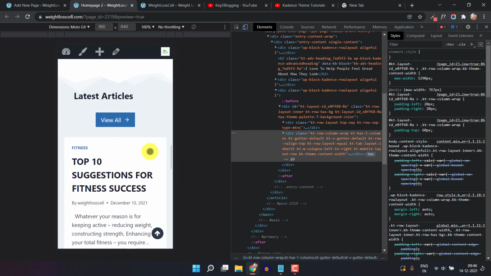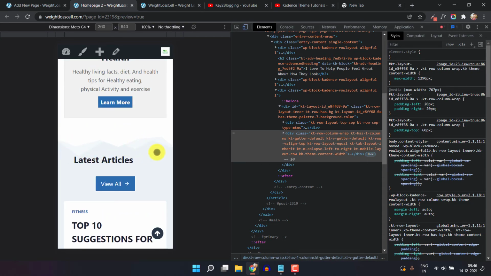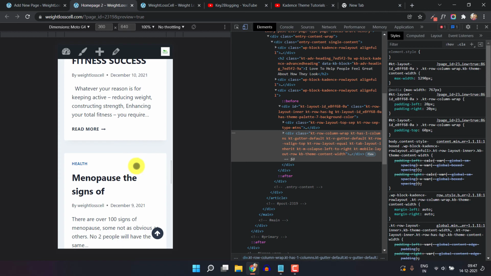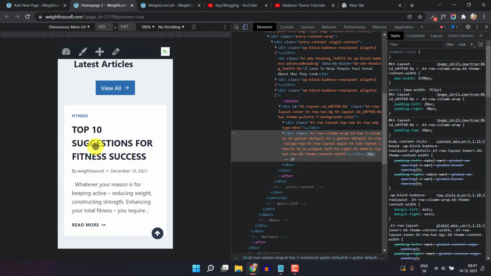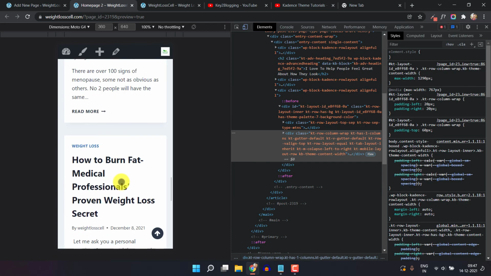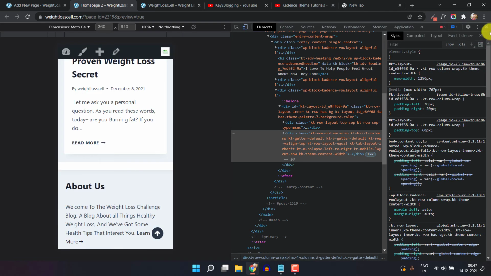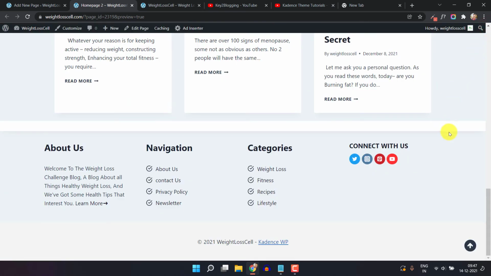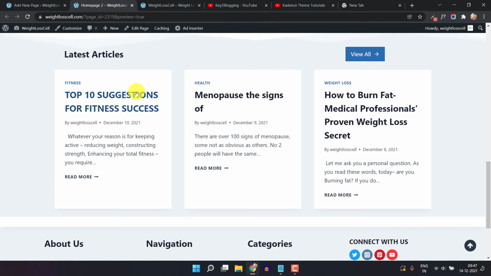Now scroll down, and here as you can see the latest blog section is showing, and this is the divider we have added at the top. And one thing to note that this blog post doesn't have a feature image. So if you are using a feature image, then the feature image will be shown here. Now scroll down and let's close the mobile view. So you can adjust the feature image.